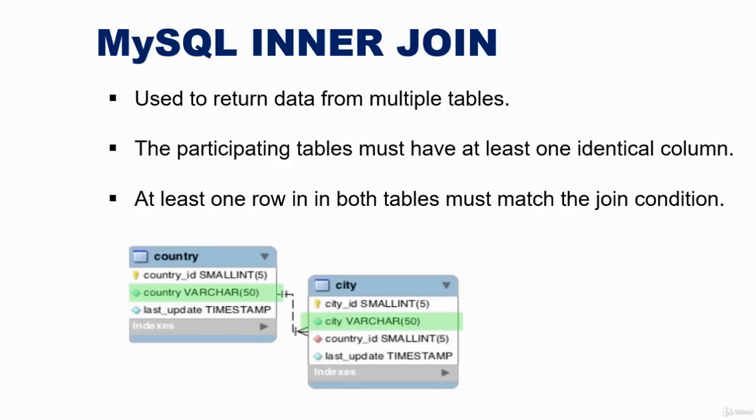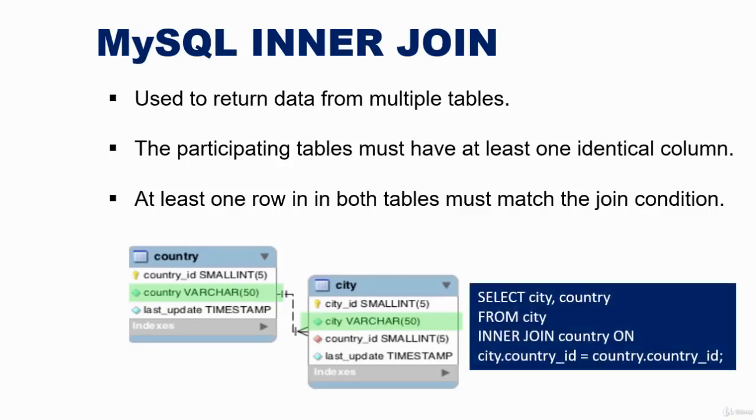If we wanted to select data from the two highlighted fields, that is the country and the city, we could run a query that looks like this. So this is the typical query we would run in order to select data from the country and the city tables. In the query, we are using an inner join, and the inner join basically will be used to display a list of cities alongside the country